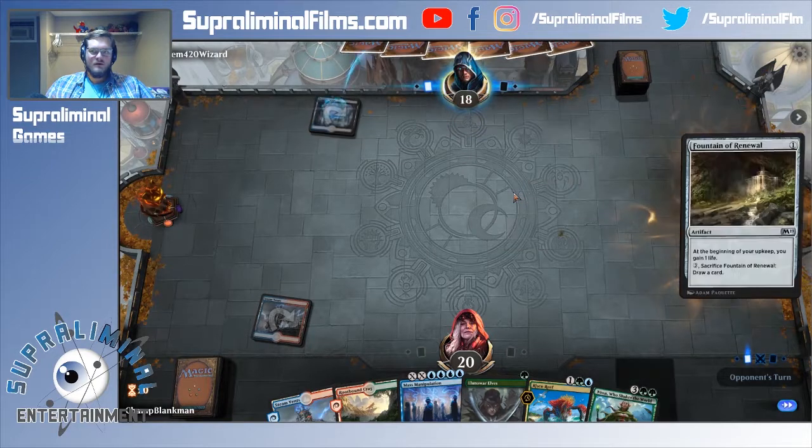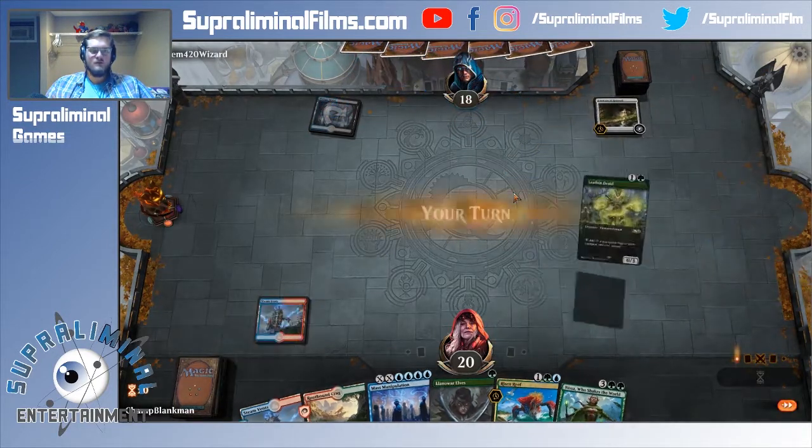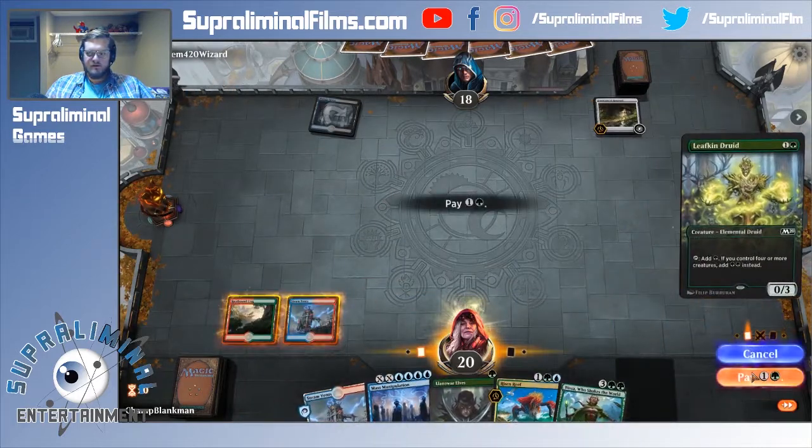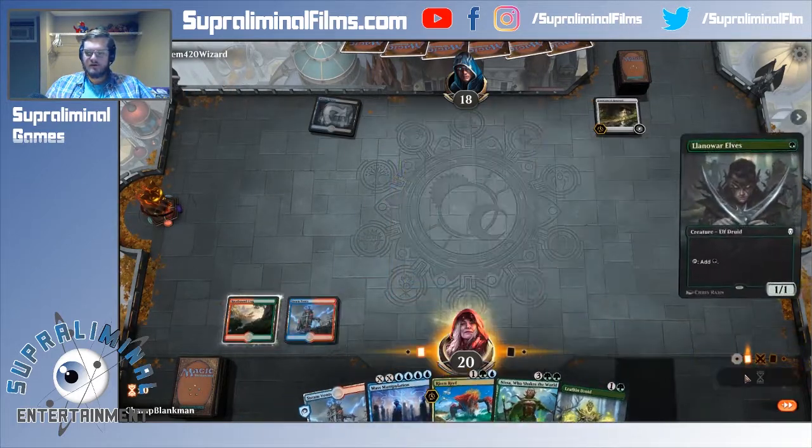Okay, we got a Watery Grave and a Fountain of Renewal. Yikes. Alright, we're going to go for the Leaf Kindred. No, we're still going to go for the...